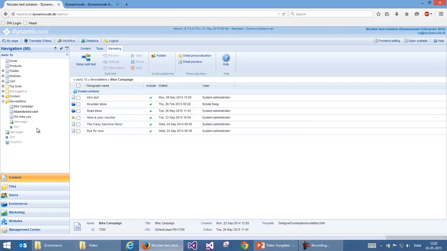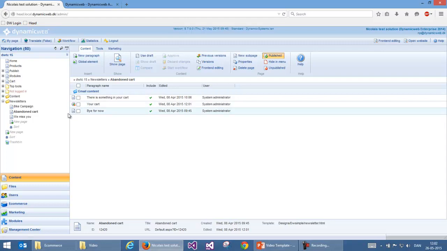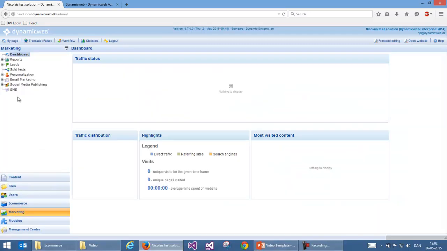Also, with these newsletters, I have the possibility of defining some automatic abandoned shopping cart emails. This is again a newsletter that contains a user's specific cart. So if they go into our website and put products into the cart and they leave without checking out the cart and converting it to an order, we can send out a newsletter telling them, here's your cart, do you want to restart your purchase? And they can click inside the email and get into the website and continue with their checkout process. And I do that also using the email marketing